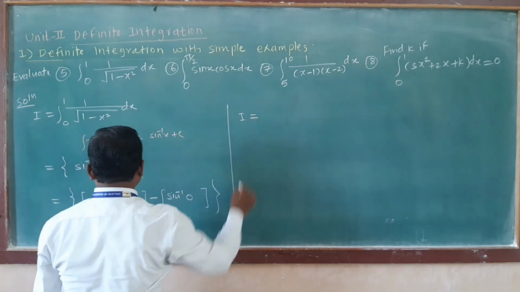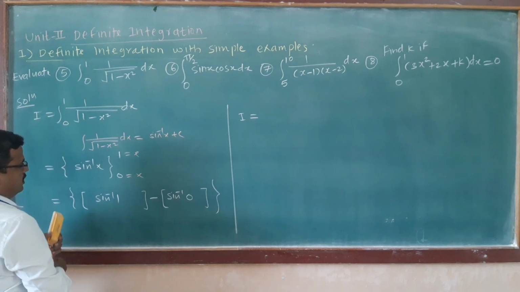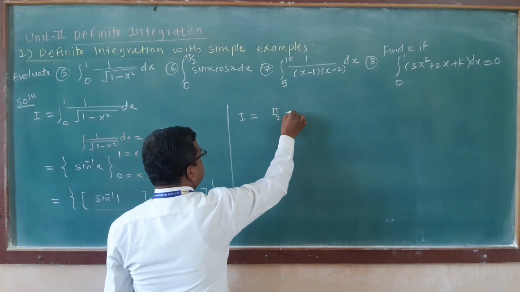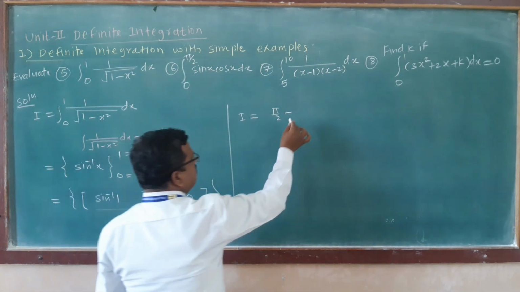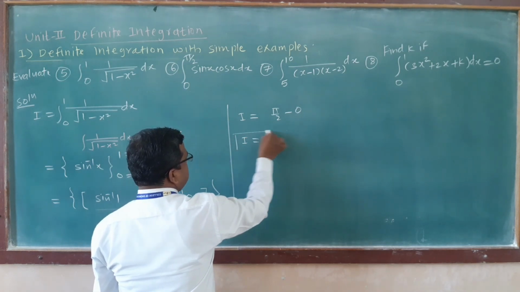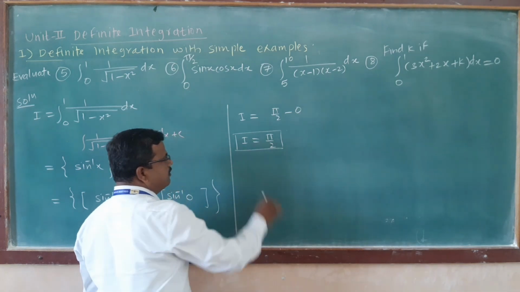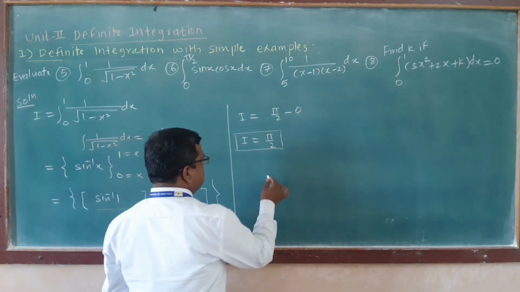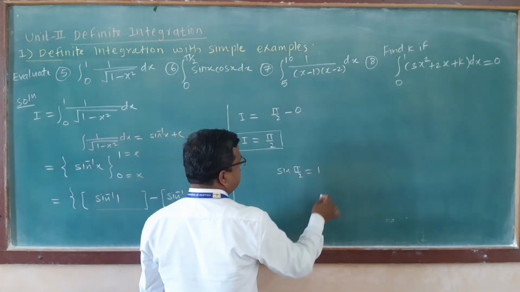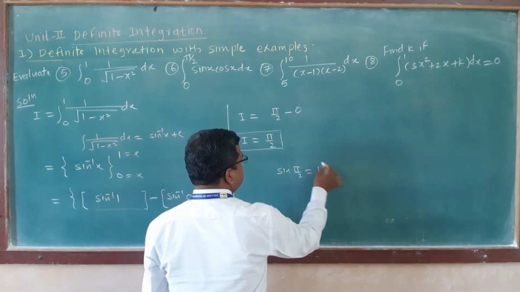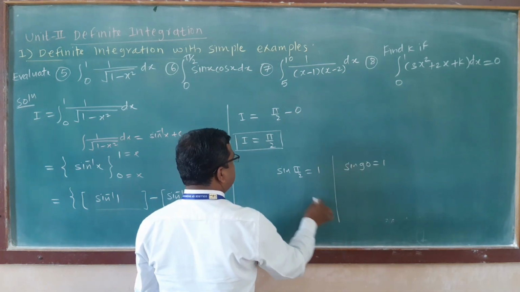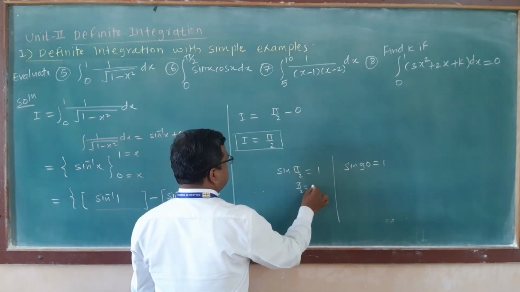Therefore I is equal to sine inverse of 1, which is pi by 2, minus sine inverse of 0, which is 0. So I is equal to pi by 2. So this is the value of the given integration. Remember this: sine of pi by 2 is equal to 1, that is sine 90 is equal to 1. Sine pi by 2 is equal to 1, therefore